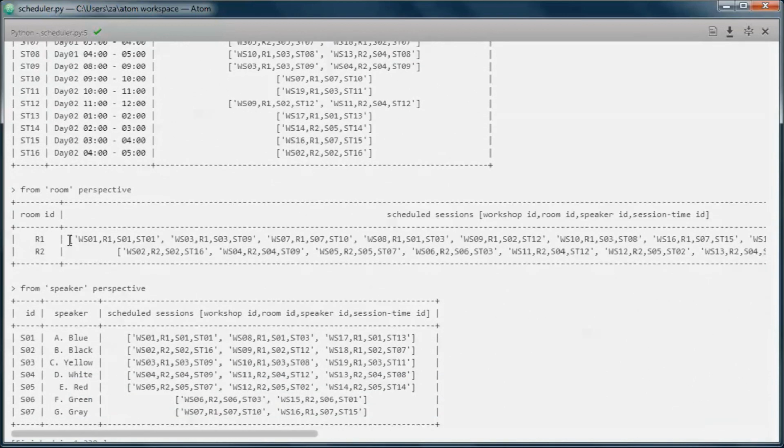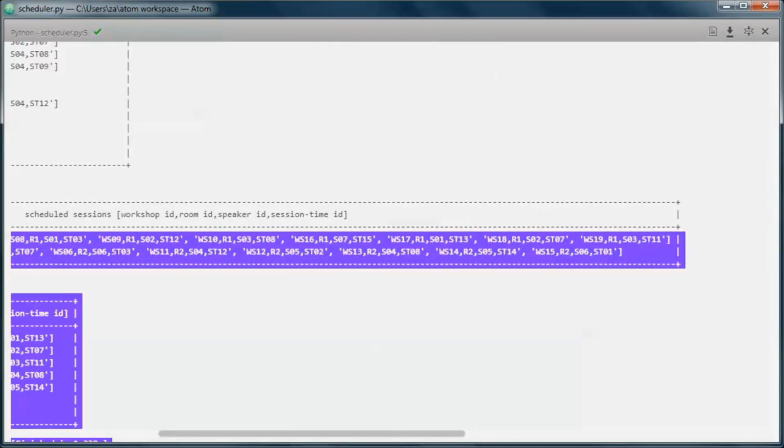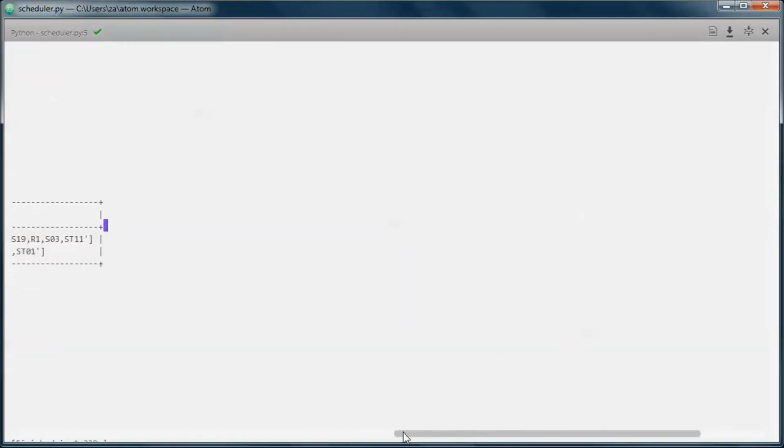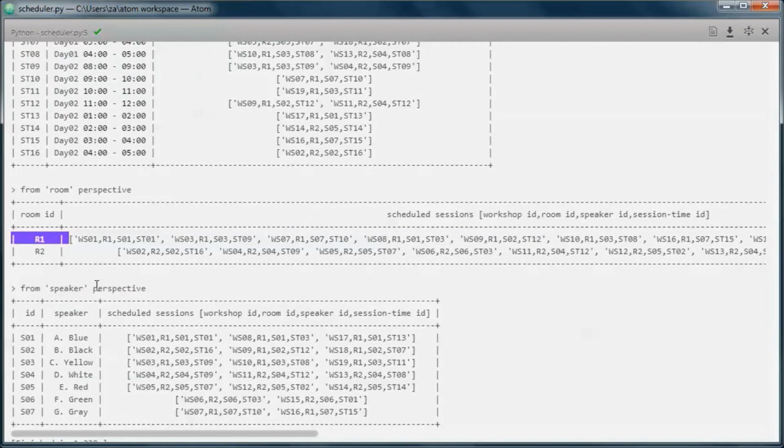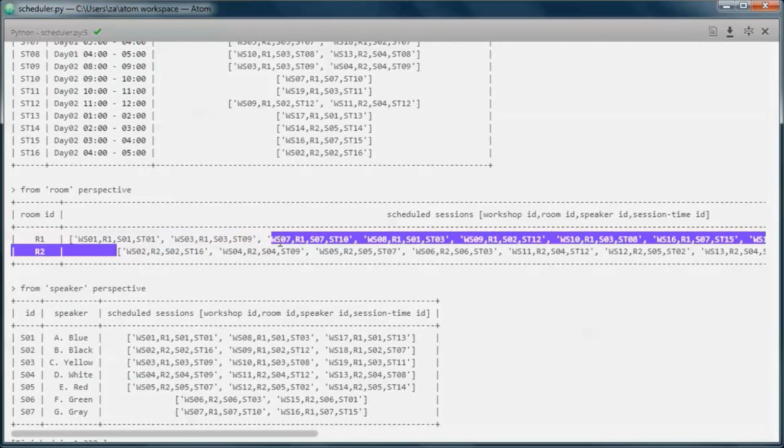So room 1 has those workshops scheduled to be run in it, and room 2 has those workshops.